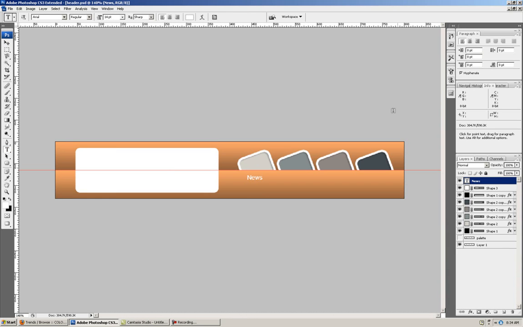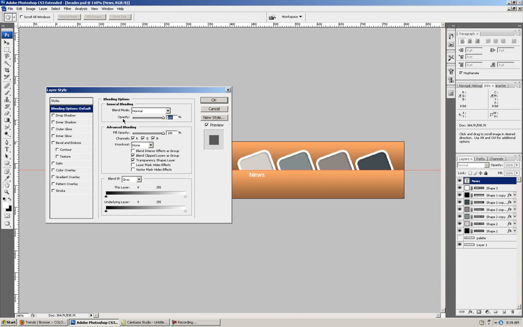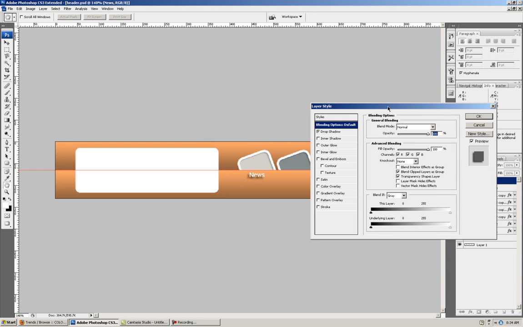Click back on. Now here's another trick. You can use that same copy that you did before to text as well. In this particular scenario though, I'm going to put some blending effects onto my text. I'm going to line this news text up. I'm going to go ahead and right click, get blending options, put a subtle drop shadow on here, and I'm going to